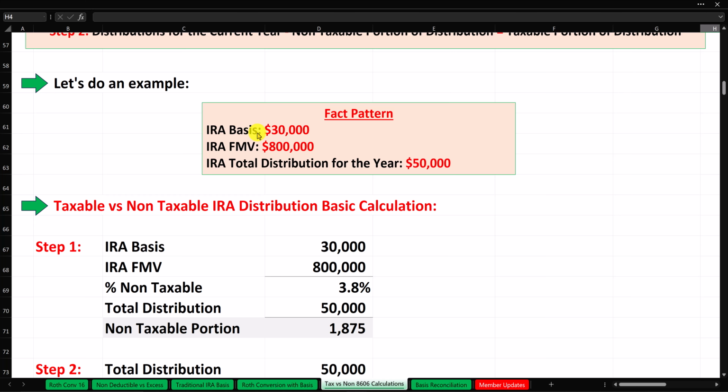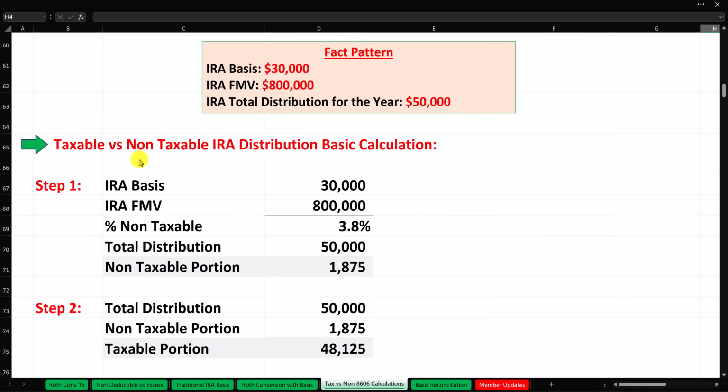So let's do an example using this fact pattern right here. We have IRA basis of $30,000. We have IRA fair market value of $800,000. We have total IRA distribution for the year of $50,000. So the taxable versus non-taxable IRA distribution basic calculation will be as follows. Step number 1, IRA basis of $30,000 divided by IRA fair market value of $800,000 gives us the percentage which is non-taxable, which in this case is 3.8%. Then we take the total distribution, which was $50,000, we multiply it by the 3.8%, and we get the non-taxable portion of the distribution, which is